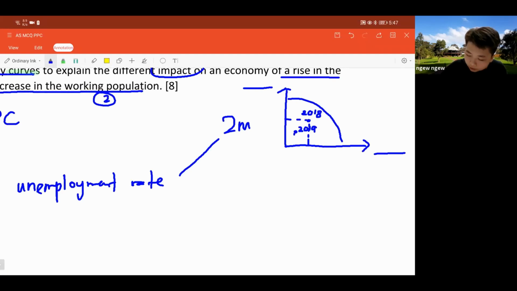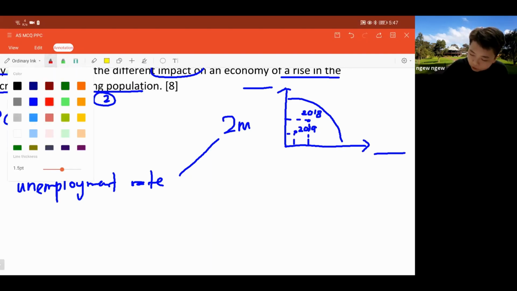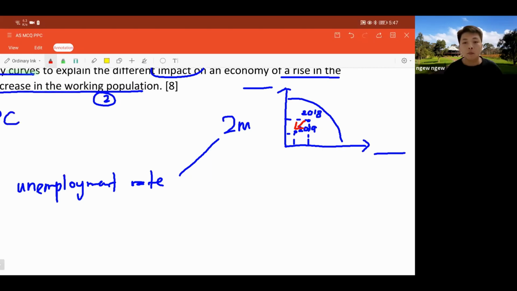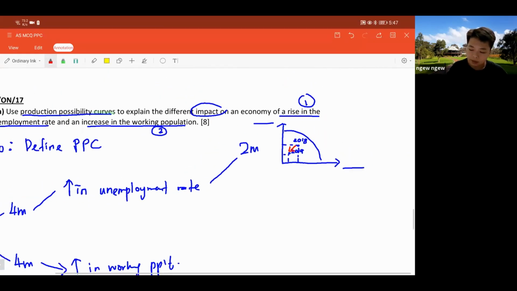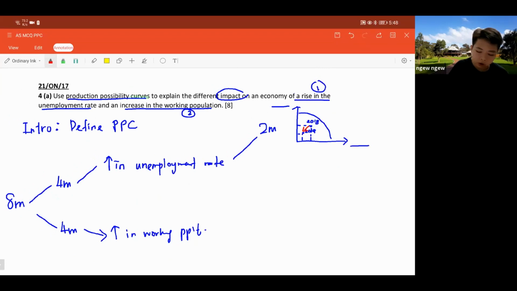But in 2019, you are producing even lesser. So it is best if you can use an arrow to indicate you move from 2018 to 2019 and less resources are being employed. This is what we call rise in unemployment rate, okay? So 2 marks are given to the diagram and the remaining 2 marks are given to your explanation,